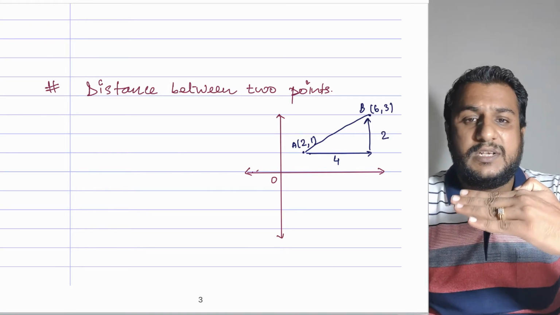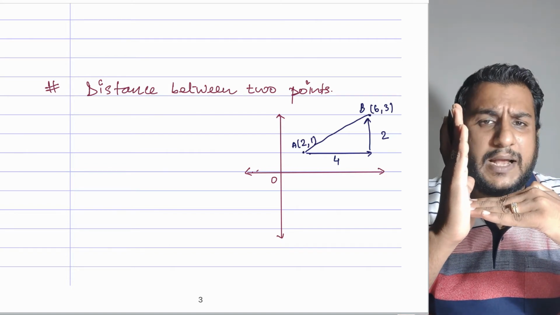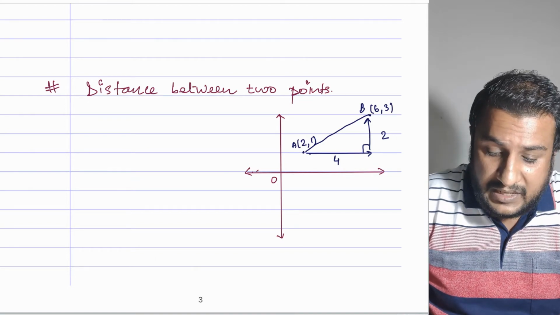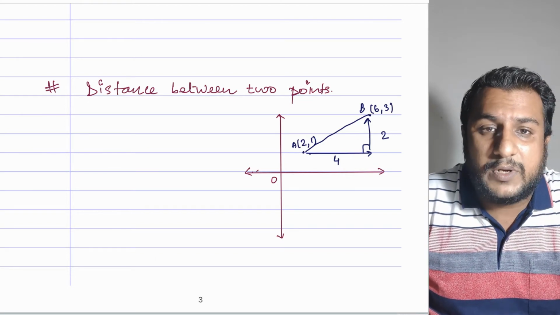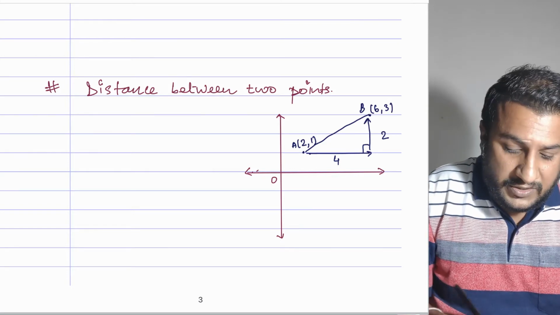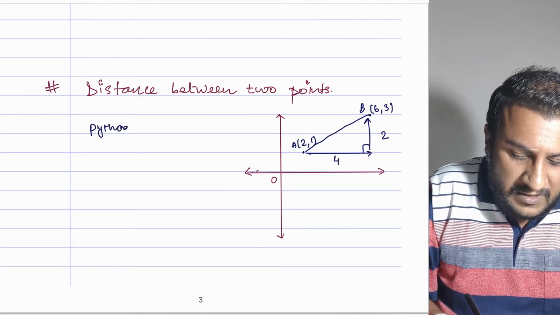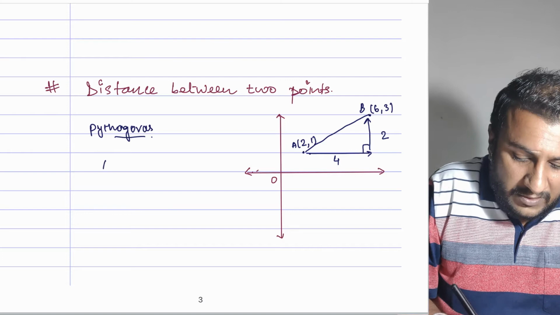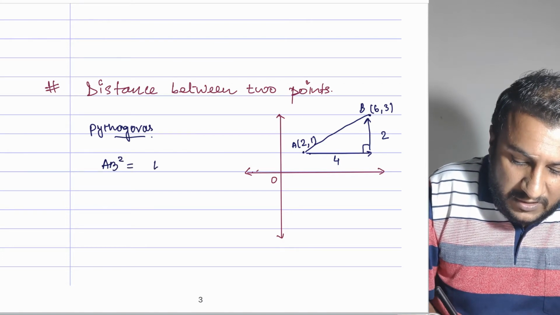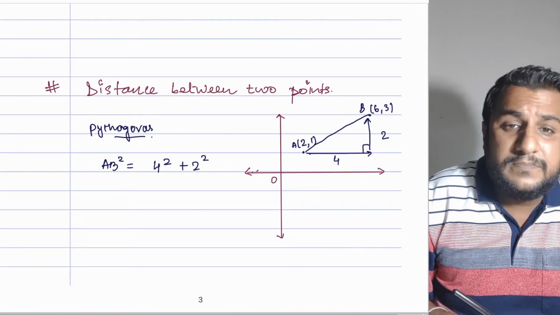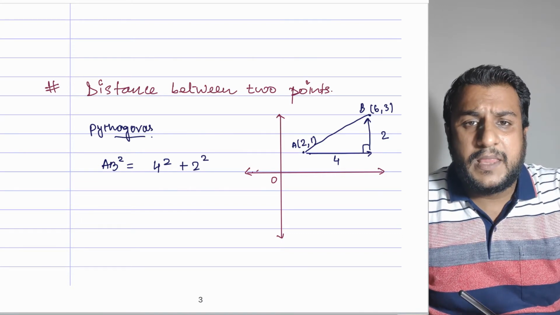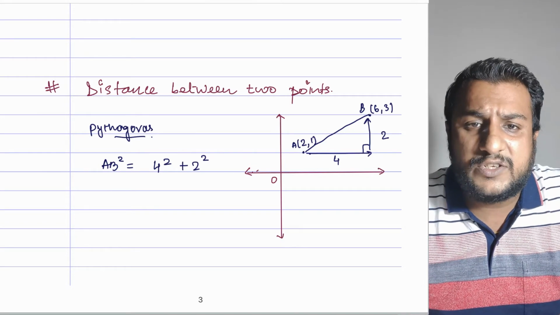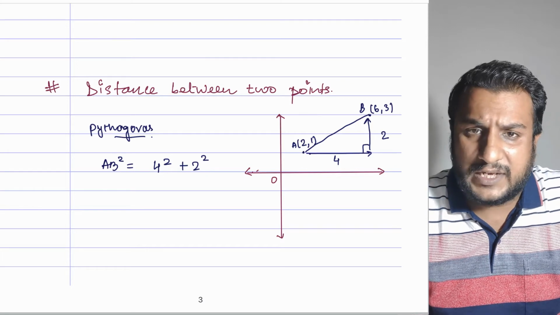And I know that the horizontal step and the vertical step are perpendicular to each other. So now this forms a right angle triangle. And being a right angle triangle, AB becomes the hypotenuse of this triangle. And using Pythagoras theorem, I can easily calculate the length of side AB. So what I can write down is AB square is equal to 4 square plus 2 square, your x step and your y step. And since we are relating with the Pythagoras theorem, we know the longest side square is equal to sum of squares of the other 2 sides of the triangle.